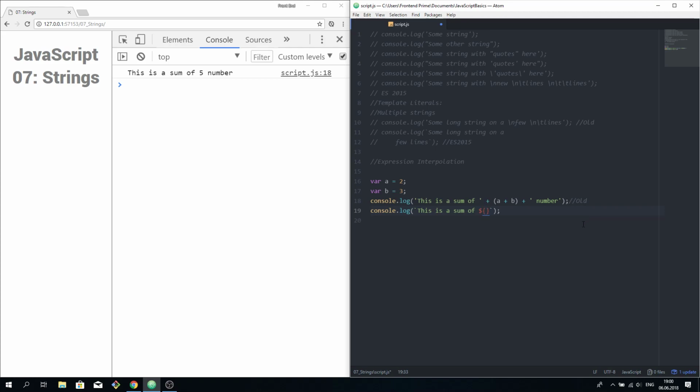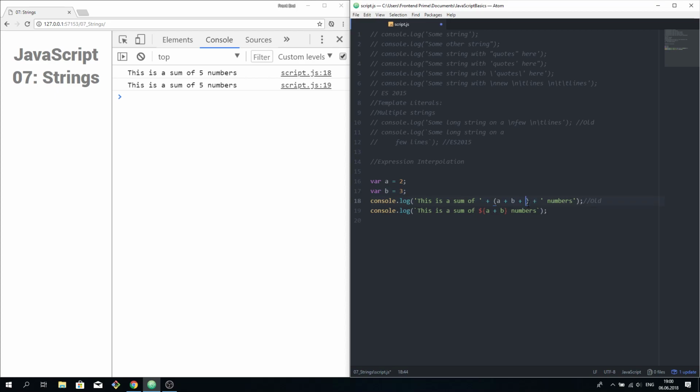We can add, for example, this sum of our variables, and then continue to write this. We have the same result,